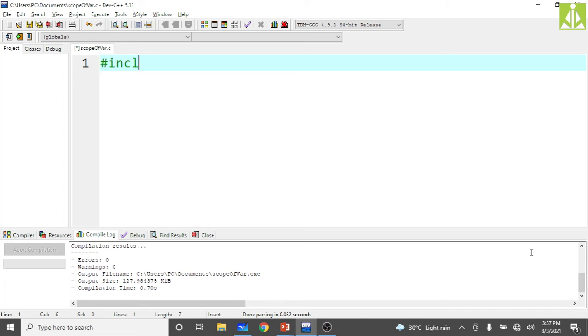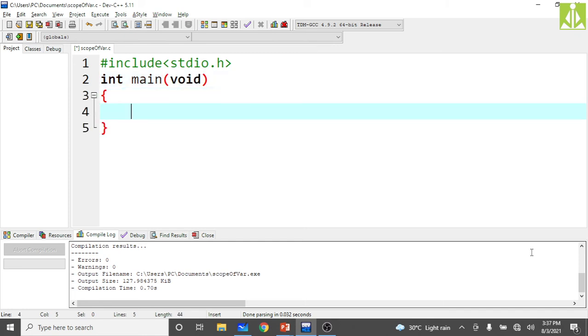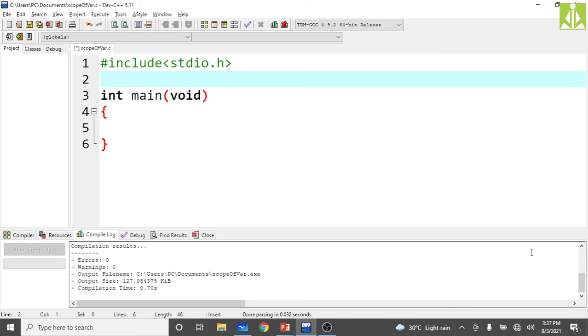I'm adding my library file, then this is my program, and in this program I'm taking a function. I'm not returning any value from the function, so the return type is void, and my function name is modify.